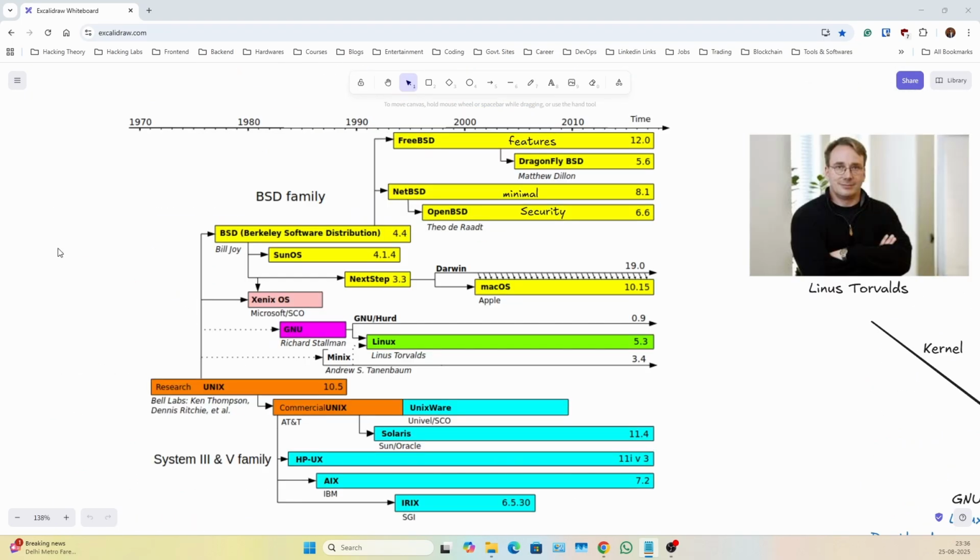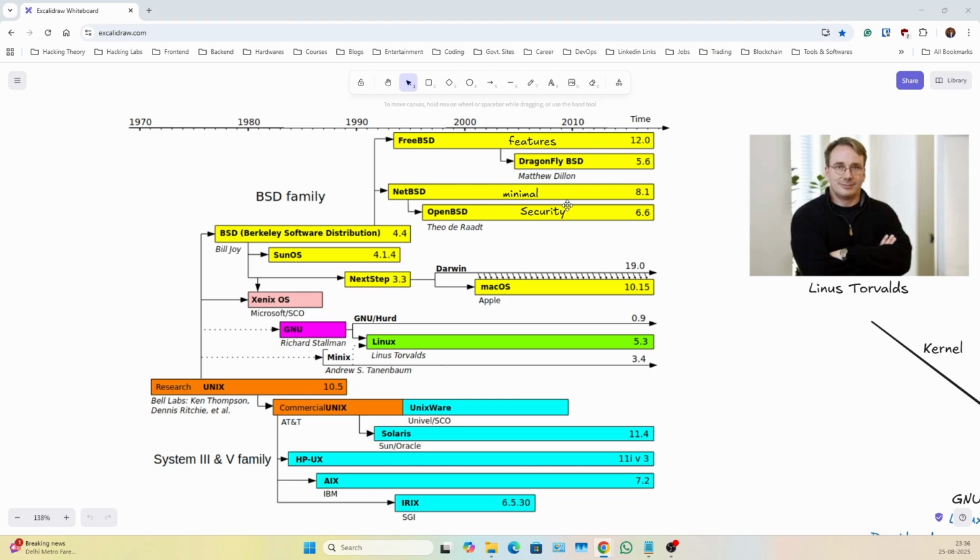Now in the next phases, I won't discuss macOS and all, because that's a different tale of the story. Directly we'll go to GNU and Linux, and shortly I'll say FreeBSD, NetBSD, and OpenBSD are part of the BSD family. FreeBSD is mostly about features, robustness, and speed.